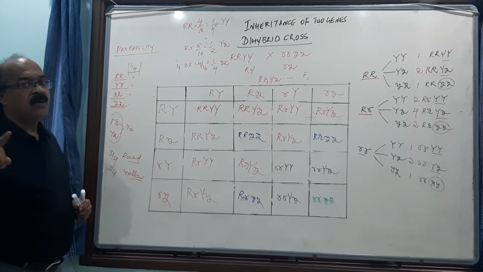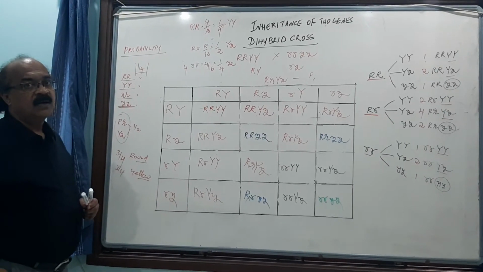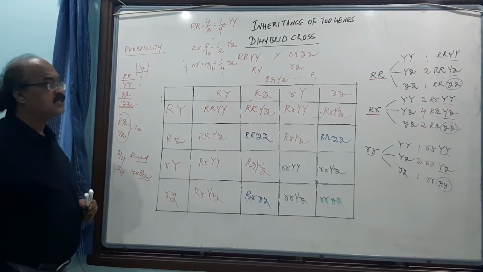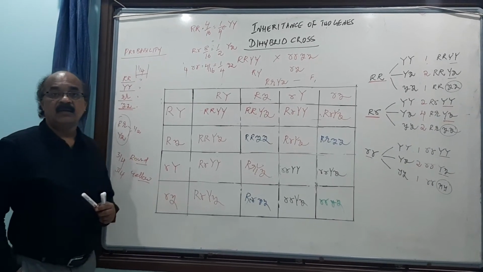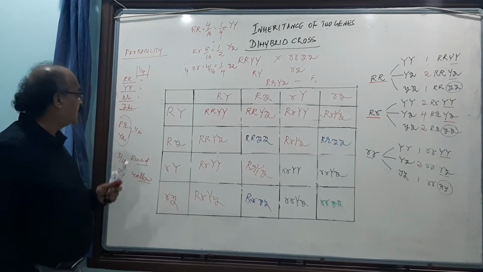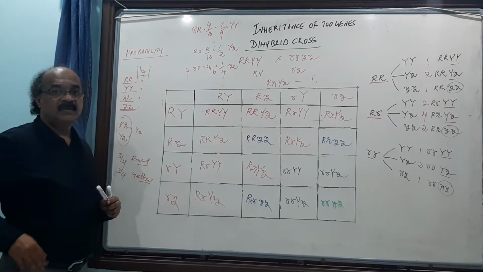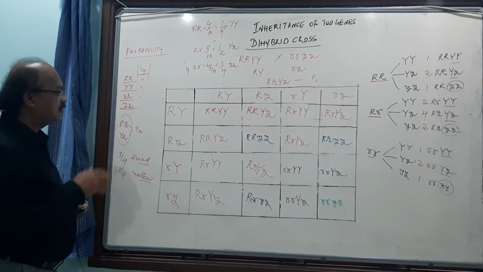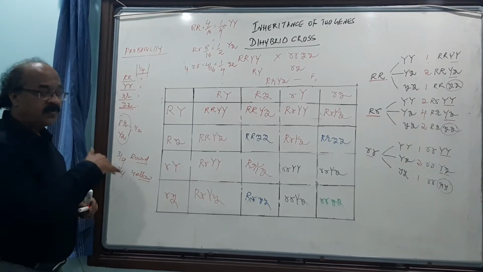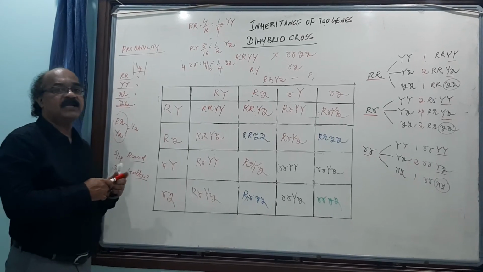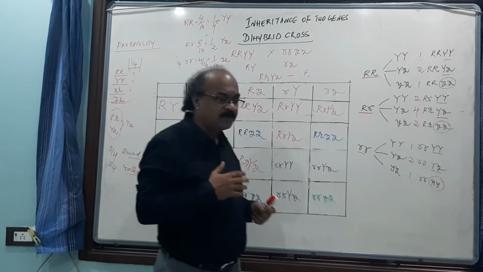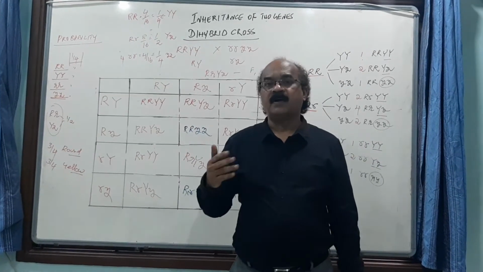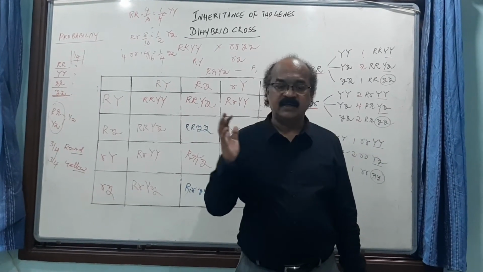Even in the monohybrid cross also, dominant, homozygous dominant, that is 1/4. Heterozygous dominant, that is a half. Dominant is 3/4. So they are the conclusions. Right? So while you are doing problems, this basic information is very important. The probability aspects. We will do the problems in the next section. Let us see them.